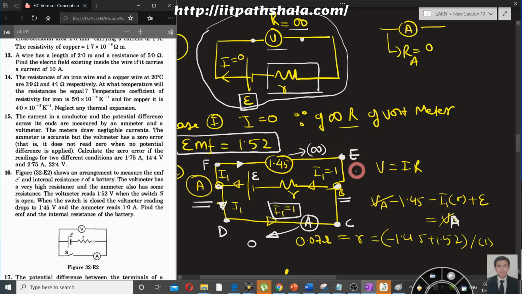If you haven't applied KVL, please see the following question over here. Now if you are starting from A and going in the clockwise direction, you are going from A to this voltmeter. Now current is going from this side and terminating to this side. Now this voltmeter is nothing but resistance, so I'll be marking a positive sign over here for the entry of the current and the negative sign over here for the termination of the current. So you are going from positive to negative, henceforth you are decreasing, that's why you are having a negative over here. So you are adding VA, but you are subtracting 1.5 from your VA, because you are going from positive to negative terminal.